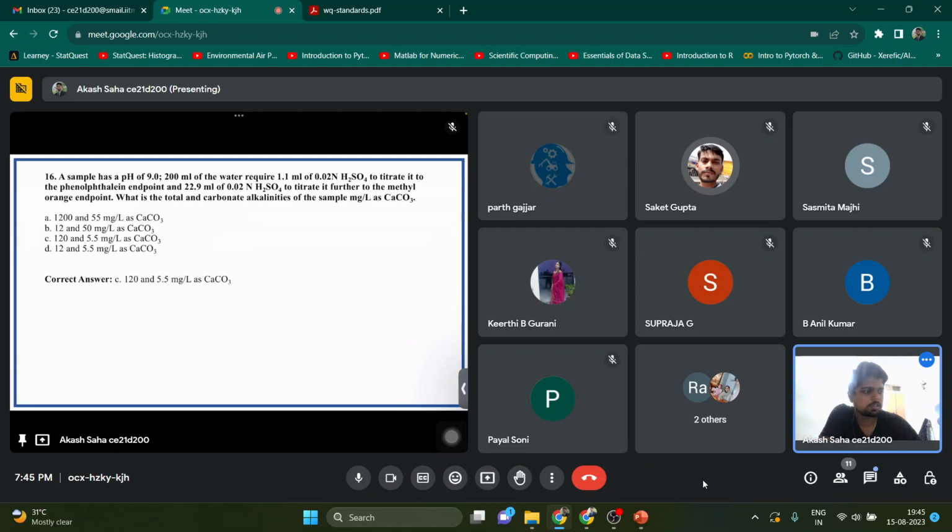Okay, so the correct answer is C, but we'll see how it comes. So first of all, we'll see how to calculate the carbonate alkalinity. So carbonate alkalinity is till the phenolphthalein endpoint. So we need to know that we need 1.1 ml of